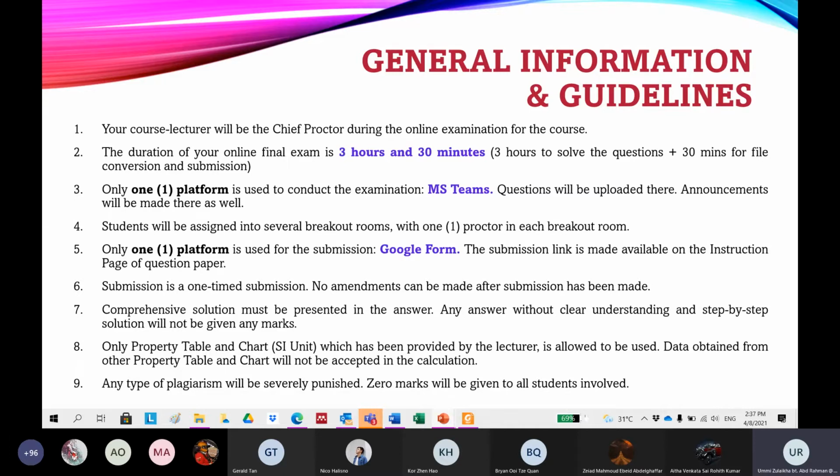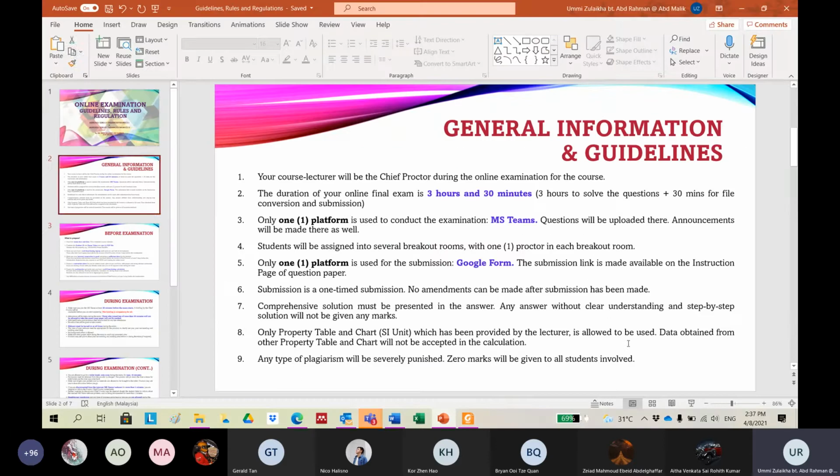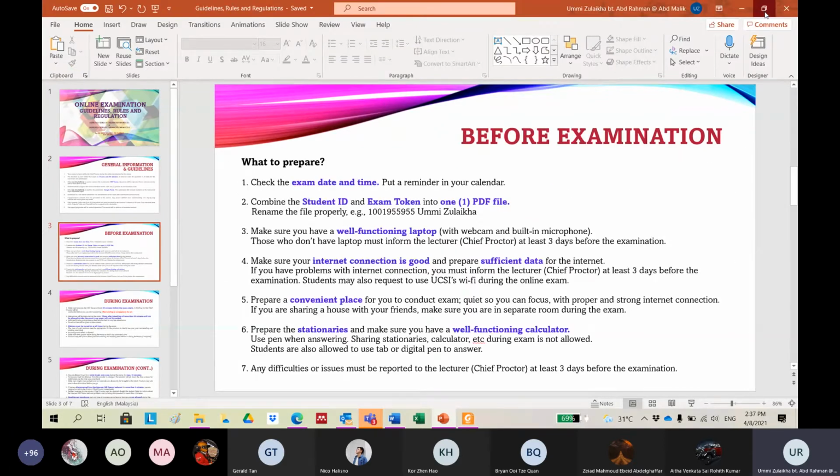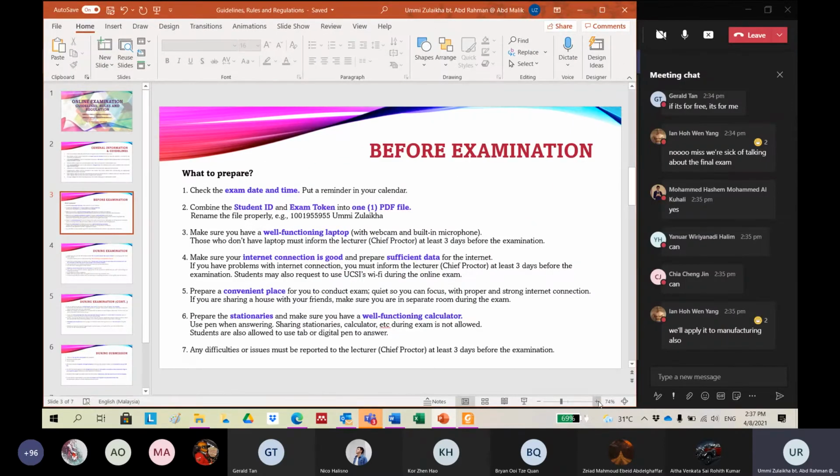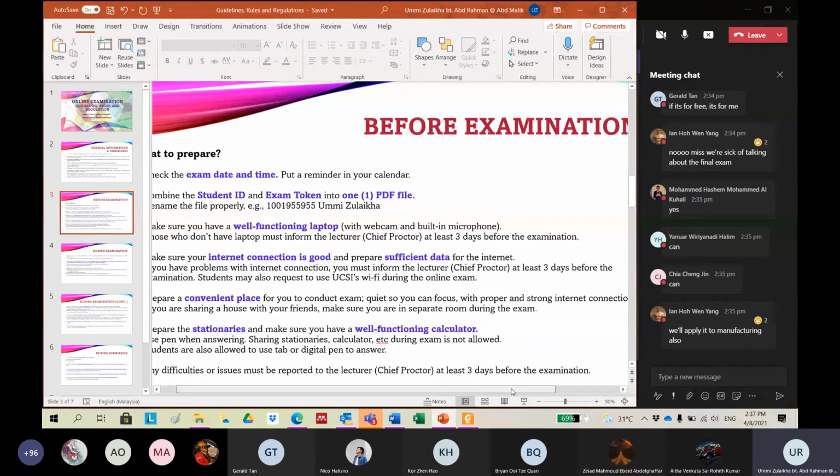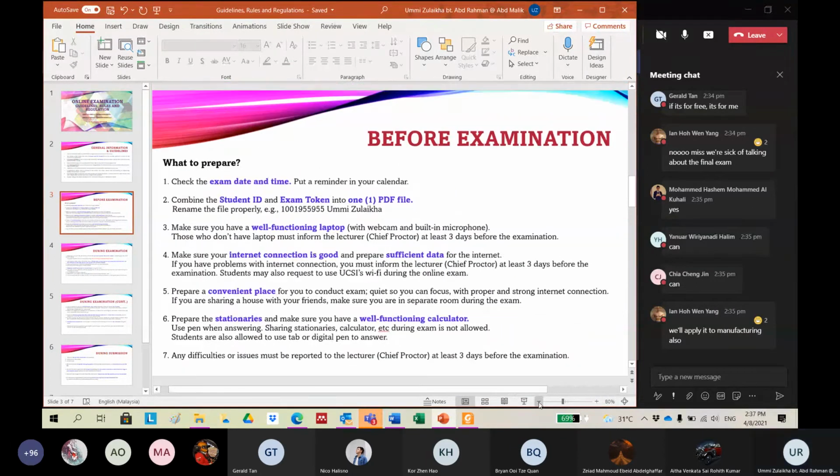There will be a maximum of 15 students in one breakout room, and one proctor monitoring you. Before this, we had like 100 students and your face would be very, very small. Now, since we have around 15 students or maybe fewer, it will be clearer for the proctor